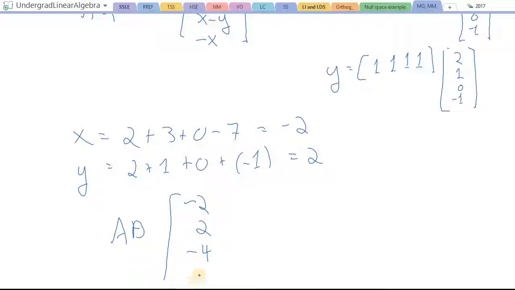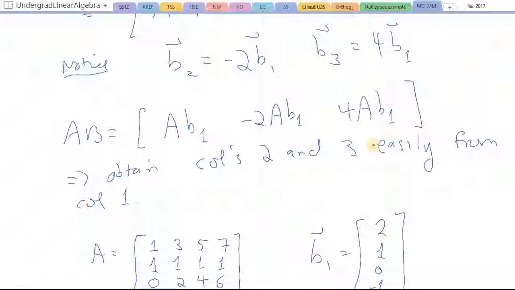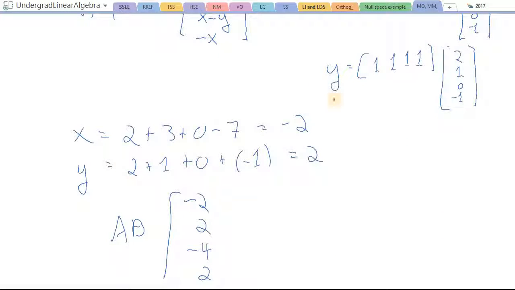Now what about the second column? Well, I've got that answer up here already. The answer up here already says the second column is minus 2 times the first column. So minus 2 times the first column is going to give me 4, minus 4. Minus 2 times minus 4 is 8. Minus 2 times 2 is minus 4. And then the last